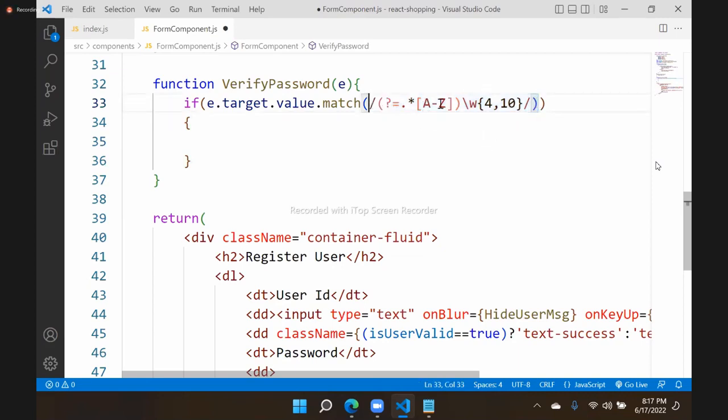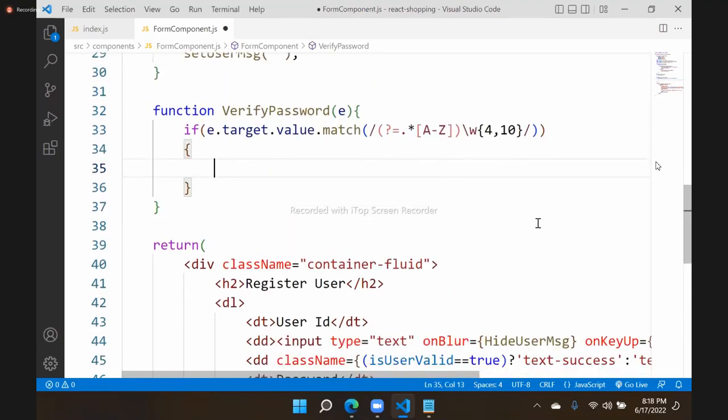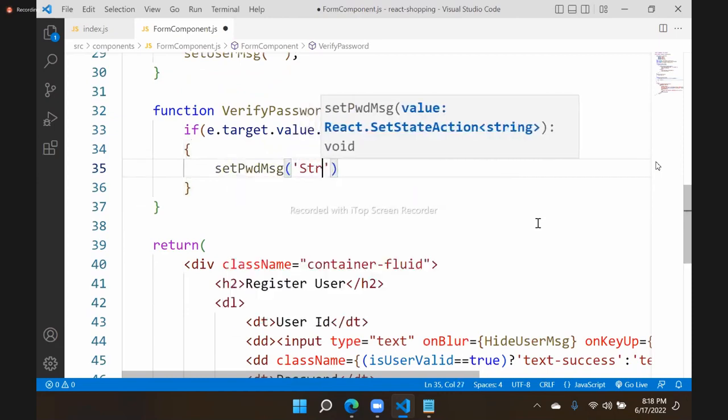This regular expression indicates that the password must be 4 to 10 characters alphanumeric, because slash w is alphanumeric with underscore, and the expression before it indicates that it must have at least one uppercase letter. One uppercase letter is compulsory. If this regular expression is matching, then what should happen? We will set the password message as strong